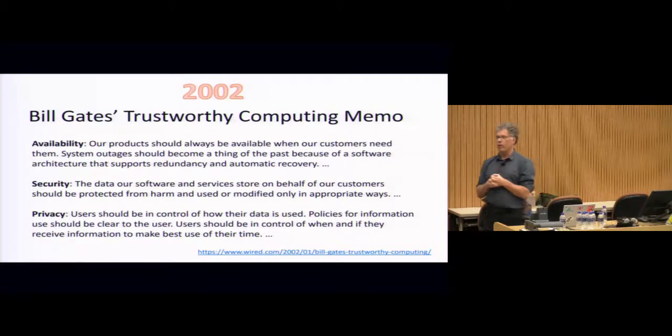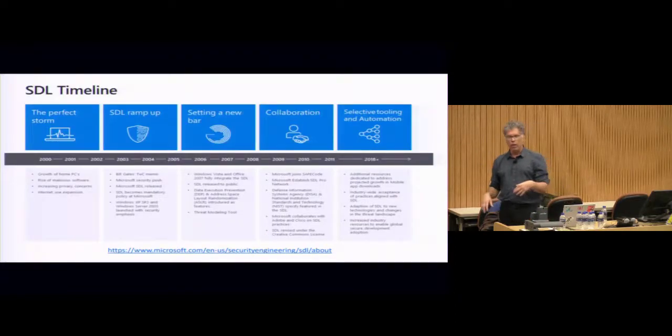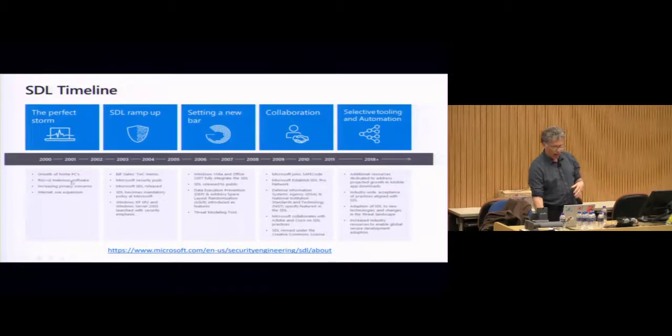And if you were at Microsoft at this time, something really amazing happened. They stopped doing Windows feature development for almost three months, and they got everybody trained on security principles, and they created something called the Security Development Lifecycle, which exists to this day. It grew out of this idea that you had all these home PCs, but now they were being connected by the internet, and there were bugs in the software, and so there were malicious attackers, and we needed to do something about this. So the SDL, and I'll say a little bit more about that later, was to define a process and a set of supporting methodologies and tools that before you would release software, you would go through to make the software more secure.